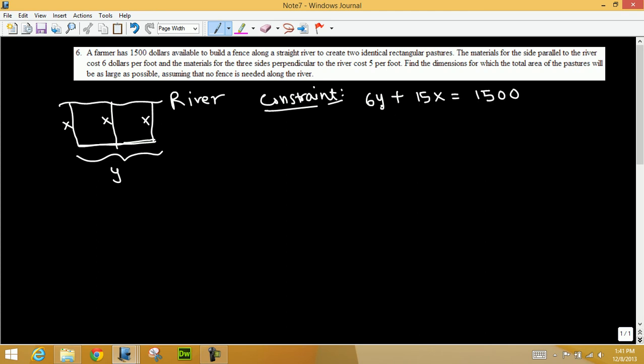Let's solve for y. Subtract 15x from both sides and divide by 6. We get y equals (1,500 minus 15x) divided by 6. We could simplify, but we'll do that later. Anyway, that's the constraint. Now the objective function is